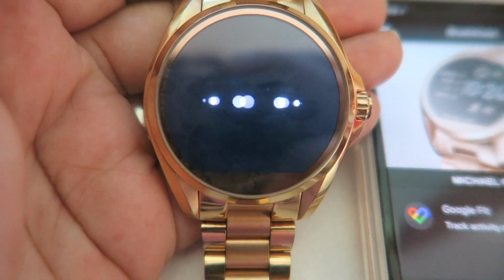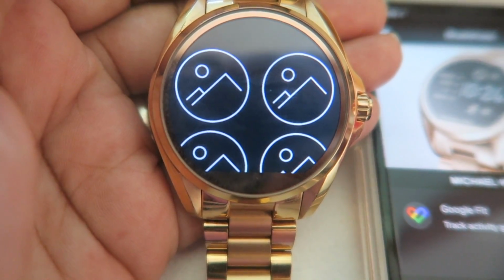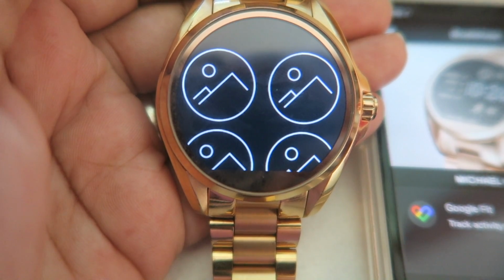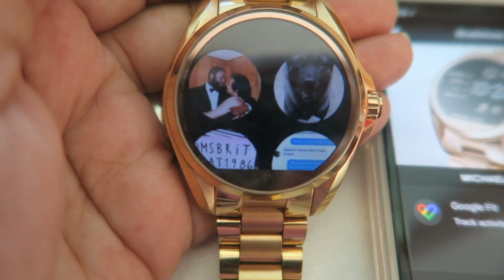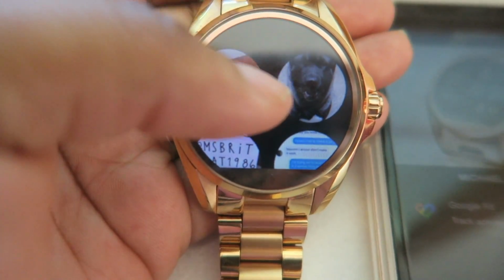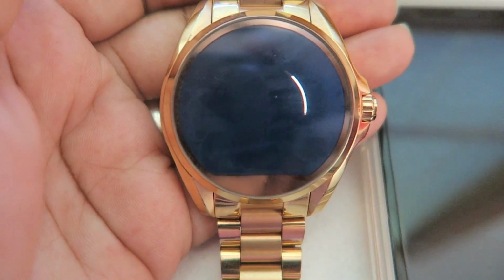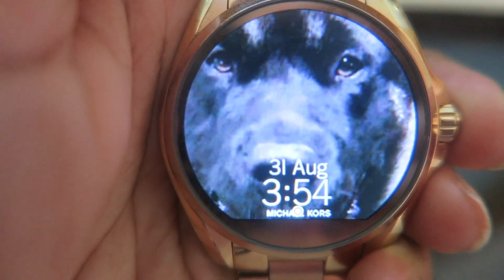You'll see that option. And then after you do all the signing in and everything, go back, you're going to click the card again, you're going to click Facebook, and then it is going to take you to your most recent pictures. You can scroll until you find a picture that you want to use. I am just going to use this picture of Brutus. I'm going to set it the same way I did with Instagram, and you guys can see that we're all set. Exciting that we are now able to do